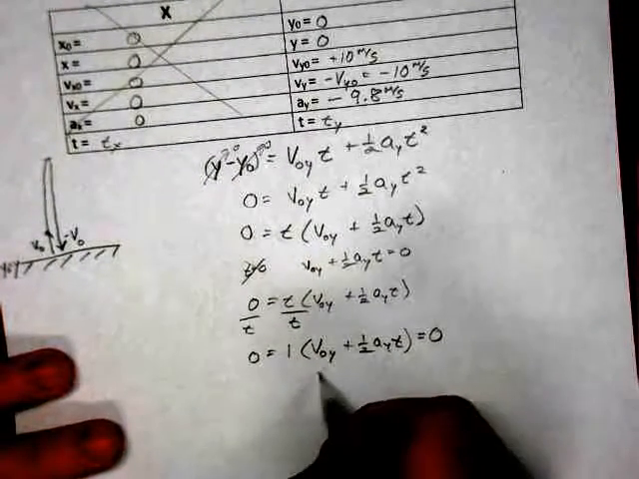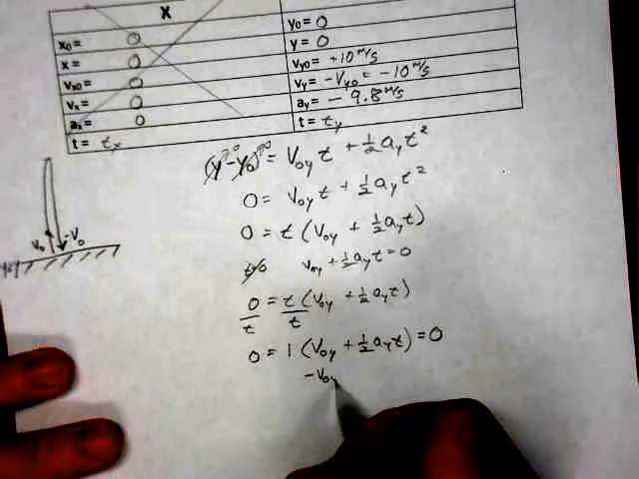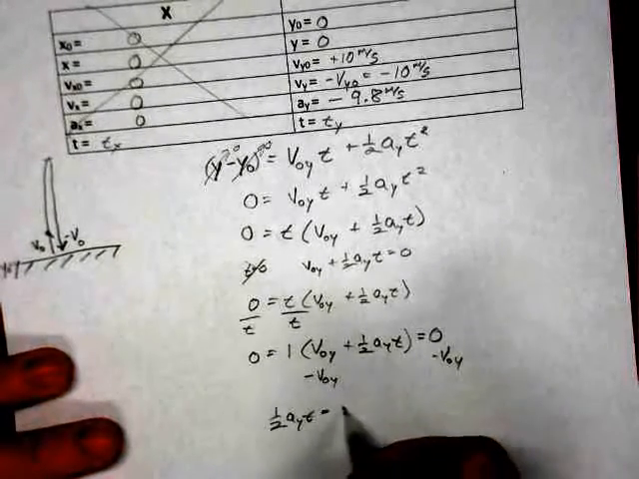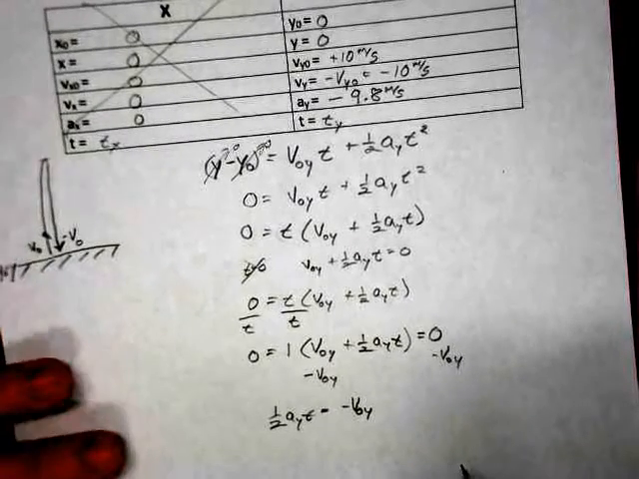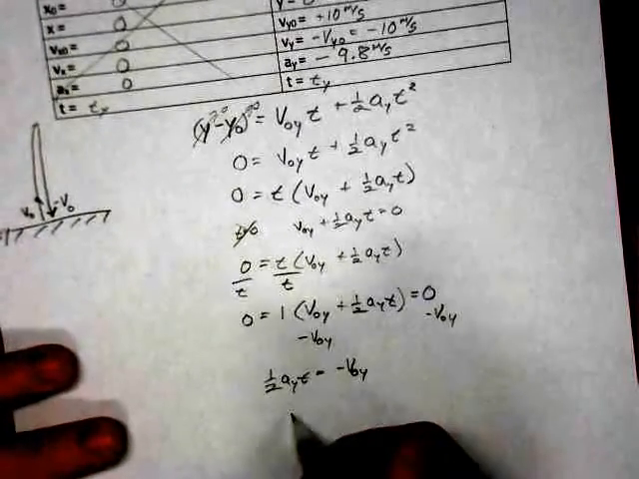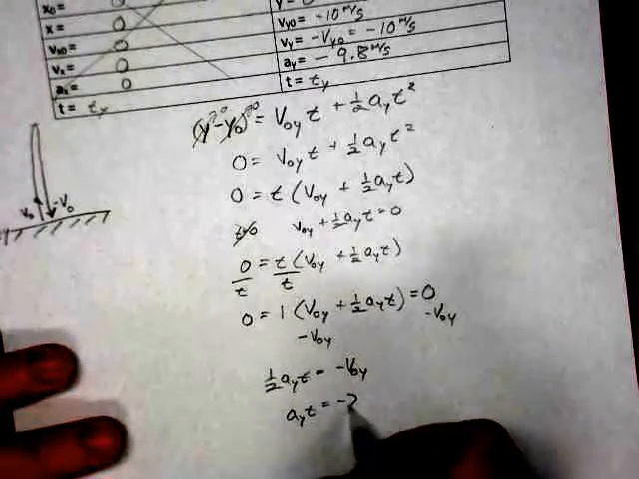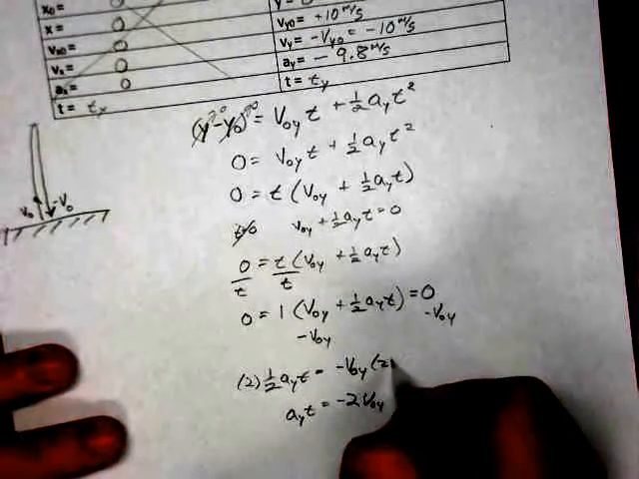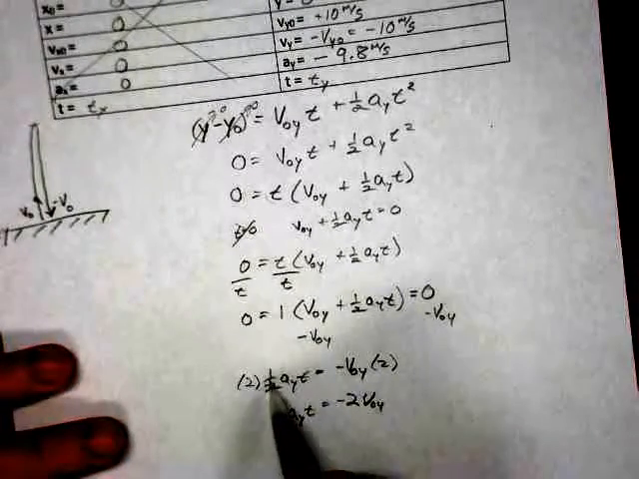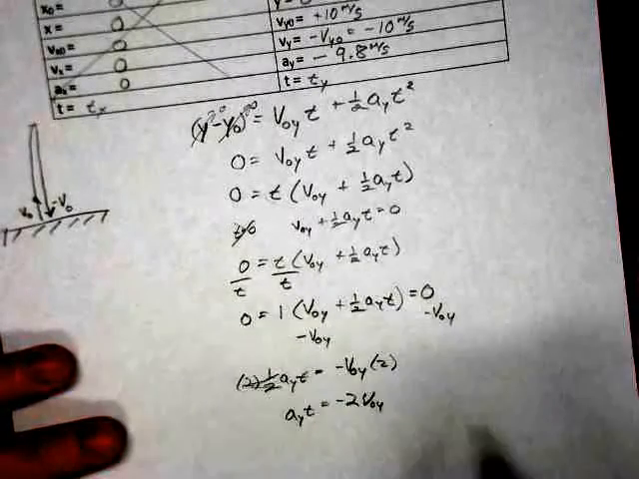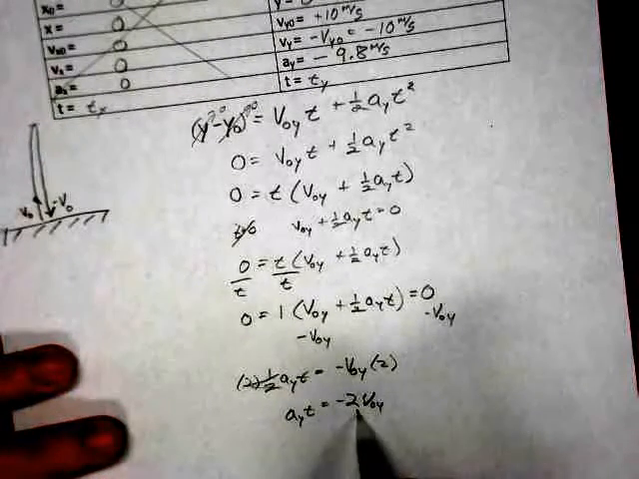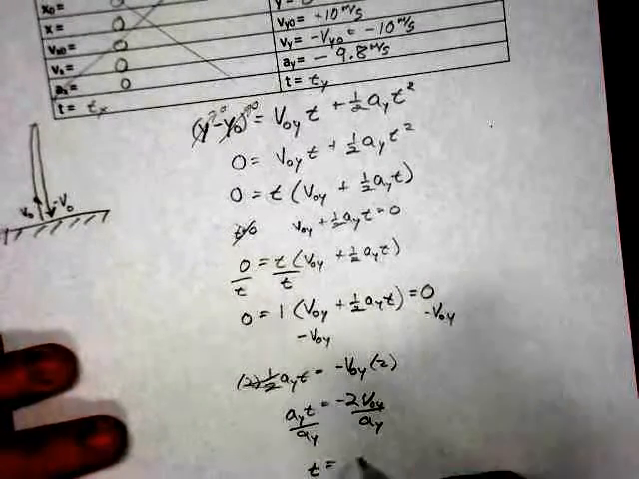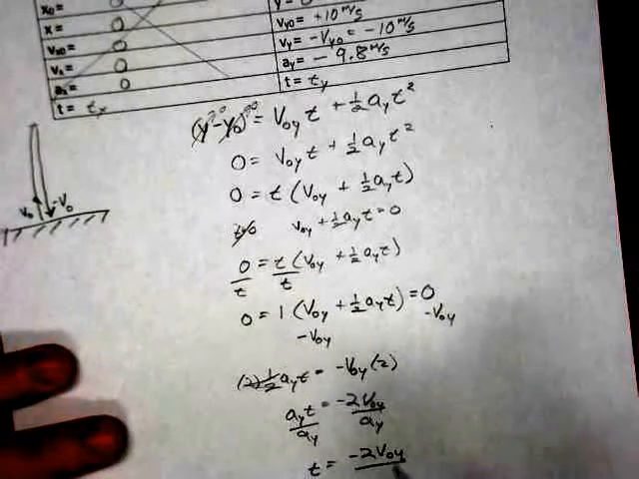So if I'm going to solve this, I'm going to subtract v0y from each side of the equation. 1/2 ayt equals negative v0y. And ayt equals negative 2 v0y. All I did was multiply each side by 2. So 2 times 1/2 is 1, of course, so this goes away. And 2 times negative v0y is right there. Divide each side by ay. T equals negative 2 v0y over ay,